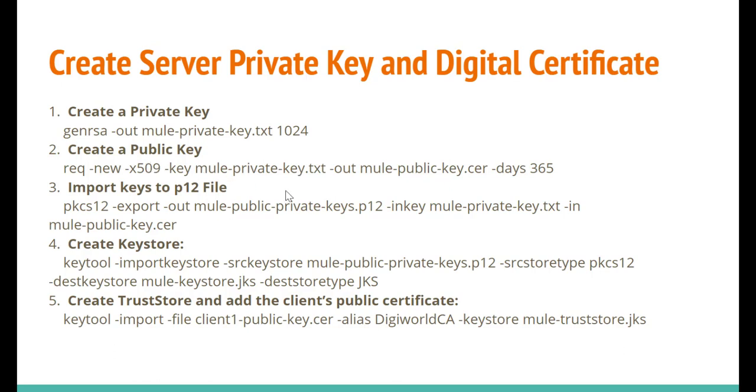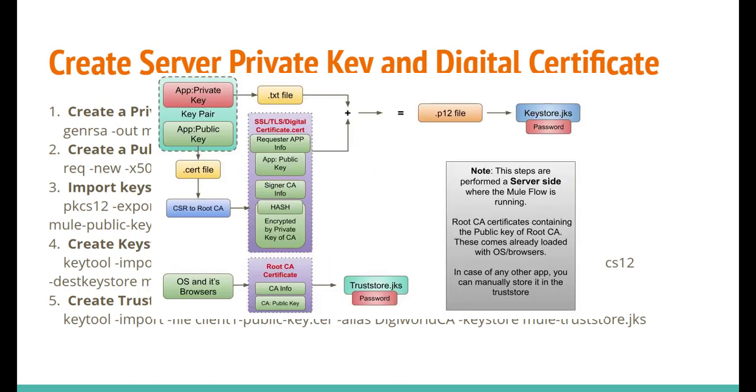Let me repeat once again. First we will create the private key and then we will generate the public key using that particular private key, and by doing this a key pair is formed. Once the public key is generated, we will use that public key to raise a CSR request with the certificate authority. Then we will send that CSR to the certificate authority,